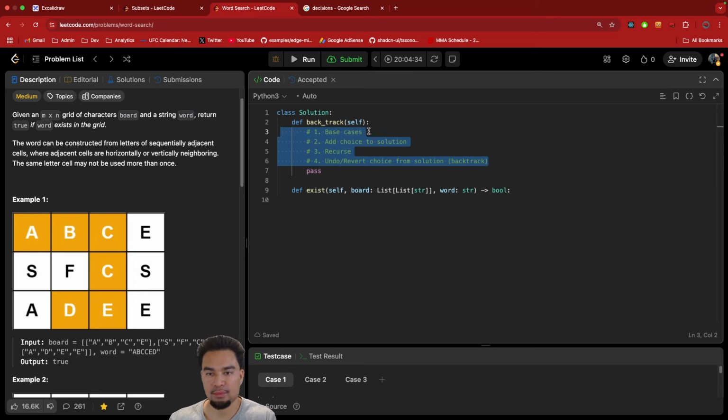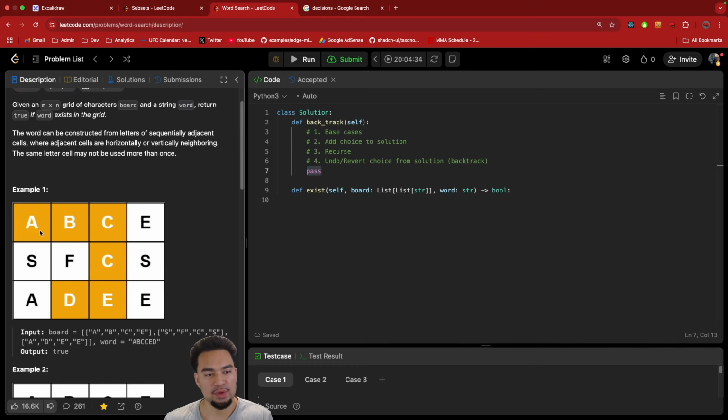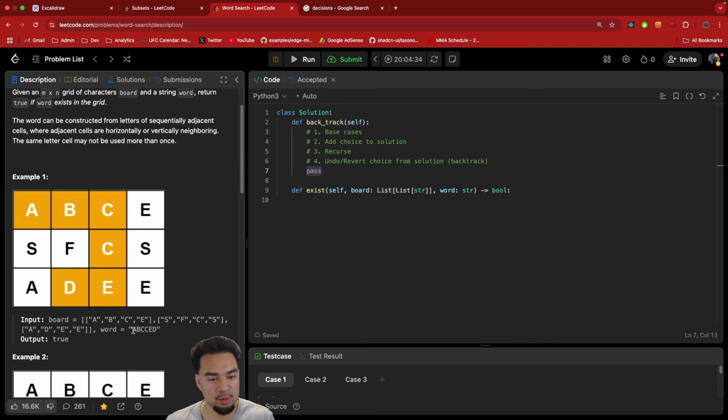So the way I like to do it is, we have our base case, we add a choice to the solution, then we recurse, and we eventually need to undo. Since we're looking for a word, how we solve this problem is we need to try doing a backtracking algorithm on every single cell in this grid, right? And what the backtracking algorithm is first going to do is